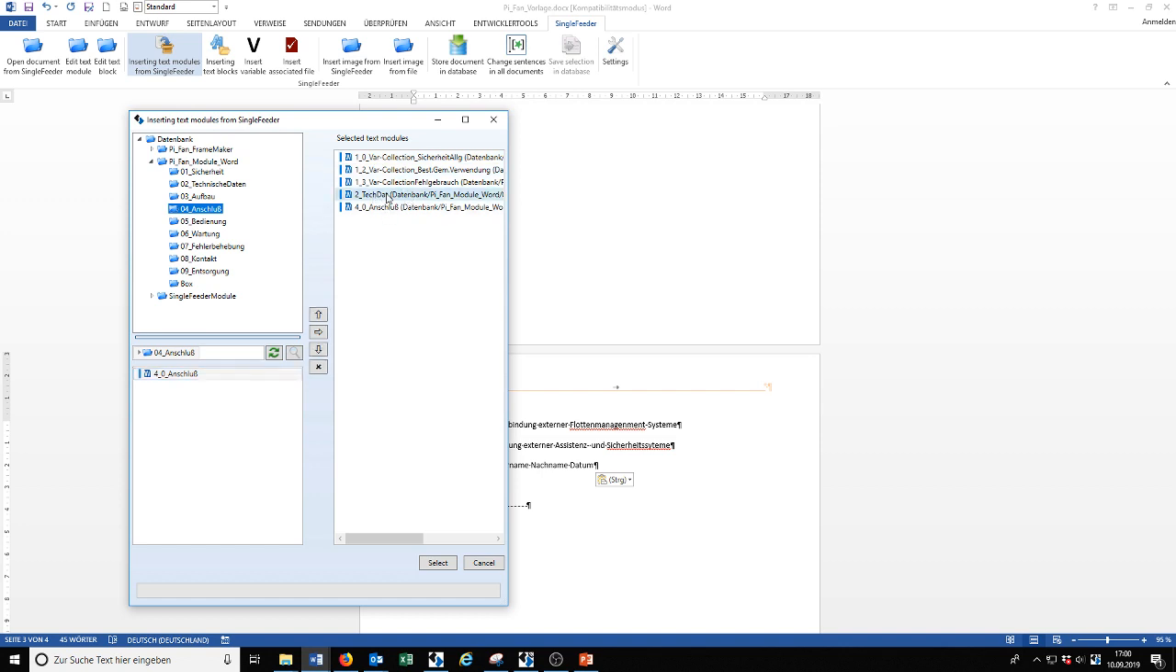Now I could swap this around if I want to. For example, if I say I want to have the technical specs at the end of my document, I can have that. I can shuffle them around here as I need, and now I just go for select, and that will actually now go and paste all the modules into my document. That's going to take a minute